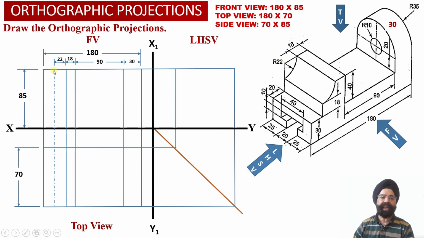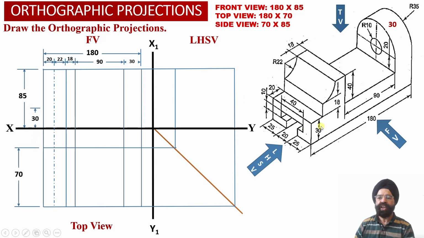So now we have marked a distance of 22 millimeter, and we have drawn a vertical center projection line into the front view projections, and we have extended this projection line into the top view projections as well. So now automatically this remaining distance becomes 20 millimeter over here. So this way different segments along the width of the solid we have been able to obtain into the front